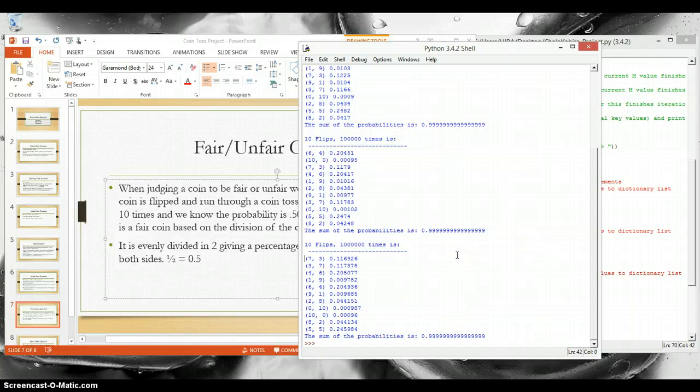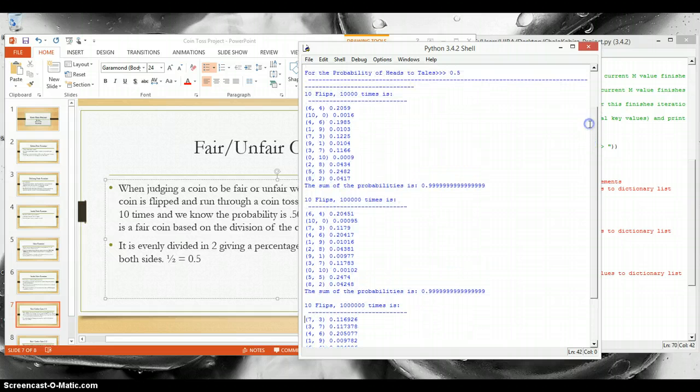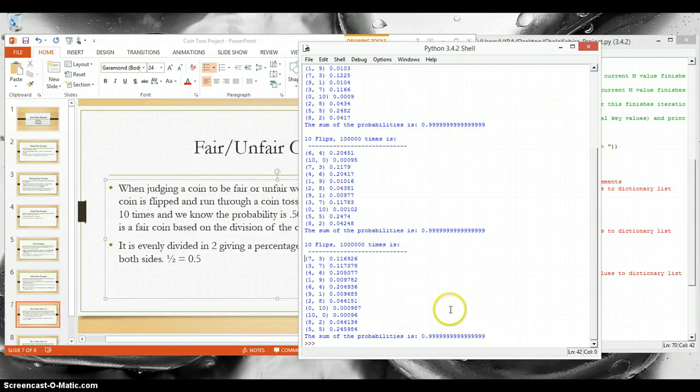So as you can see here, everything seems to be correct. Yep, 10 flips 1,000 times, and you can see the sum of the probabilities is 0.9. That was pretty much 1, equal to 1 if you round. And now let's try